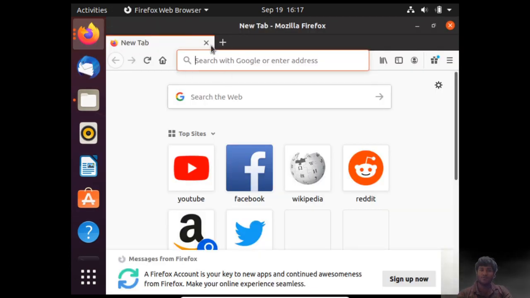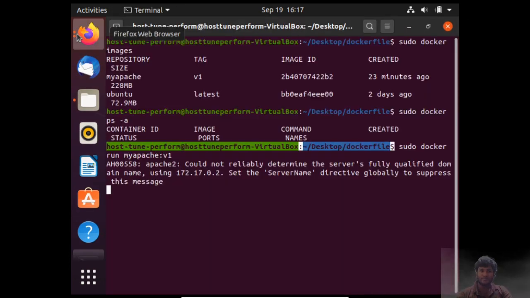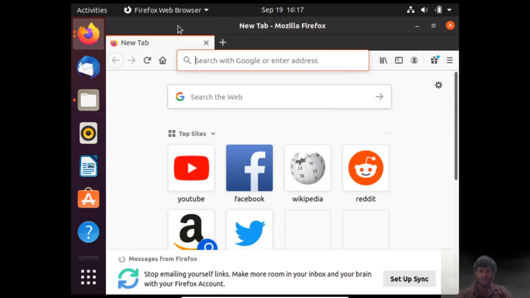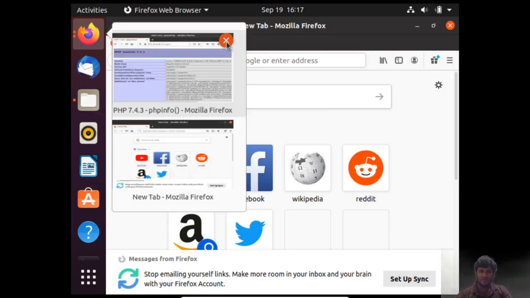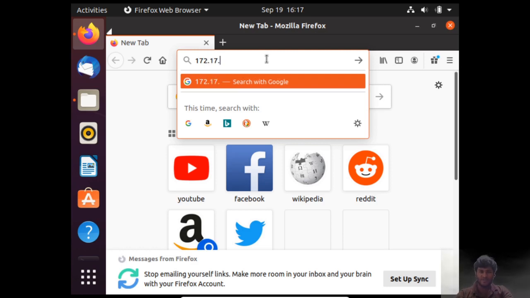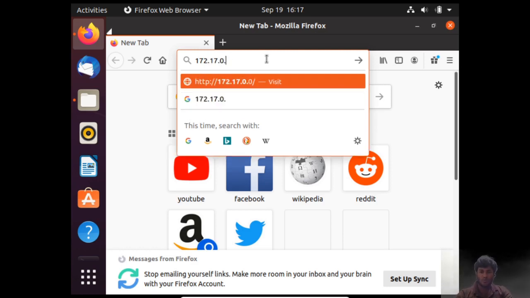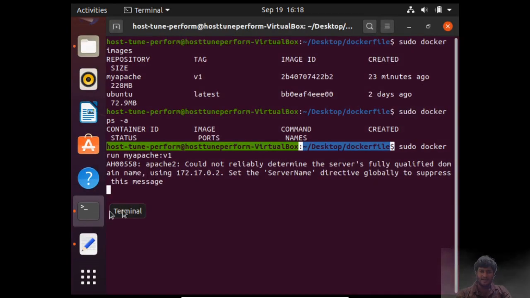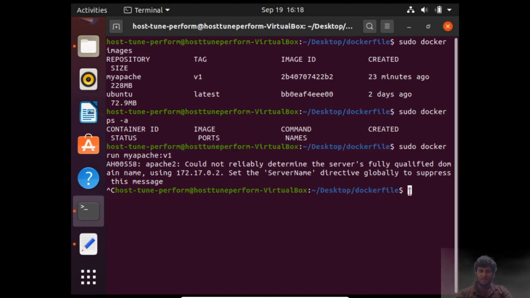If I go back to my Firefox, let me close all of them and open a private window. Now if I type in 172.17.0.2 and hit enter, I will see the Apache server. But if I just press Control C, I will be prompted back to my terminal.